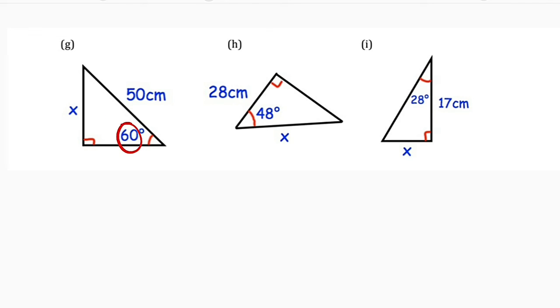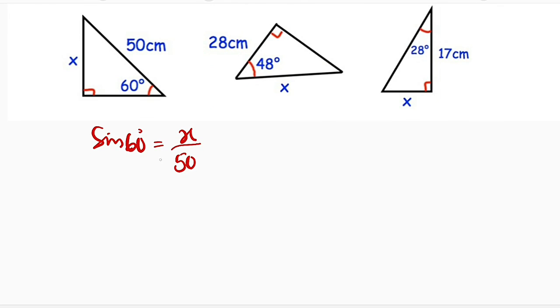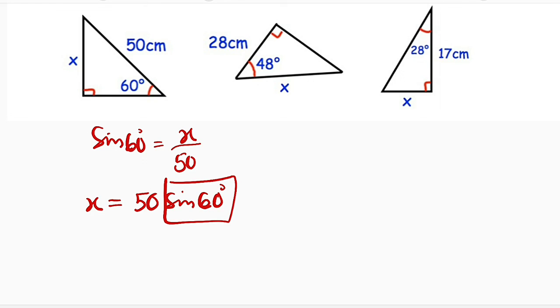All right. I think you're going to do all of this. This is the acute angle. This is the opposite. This is the hypotenuse. So we're going to use sine. Sine of 60 degrees is equal to x divided by 50. Make x the subject by multiplying both sides by 50. So x equals 50 multiplied by sine of 60 degrees. So use your calculator, press sine of 60 degrees, which I think is 0.5. You multiply by 50, that will give you 25. So x is 25